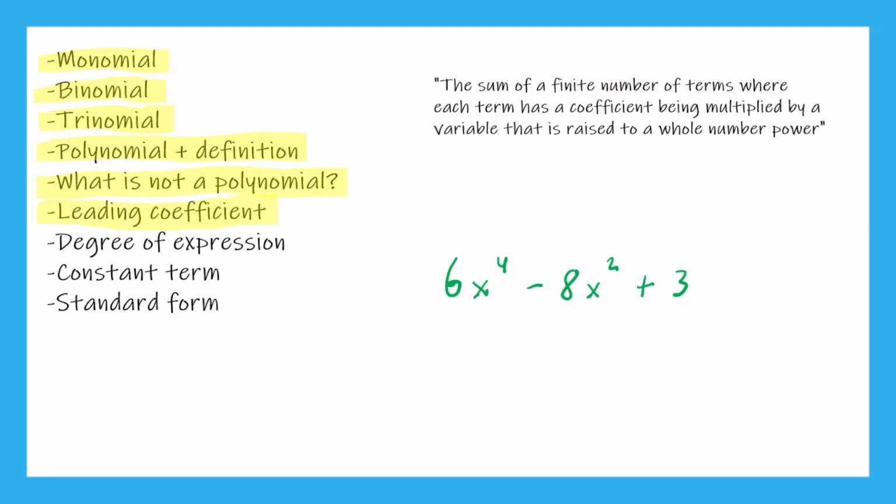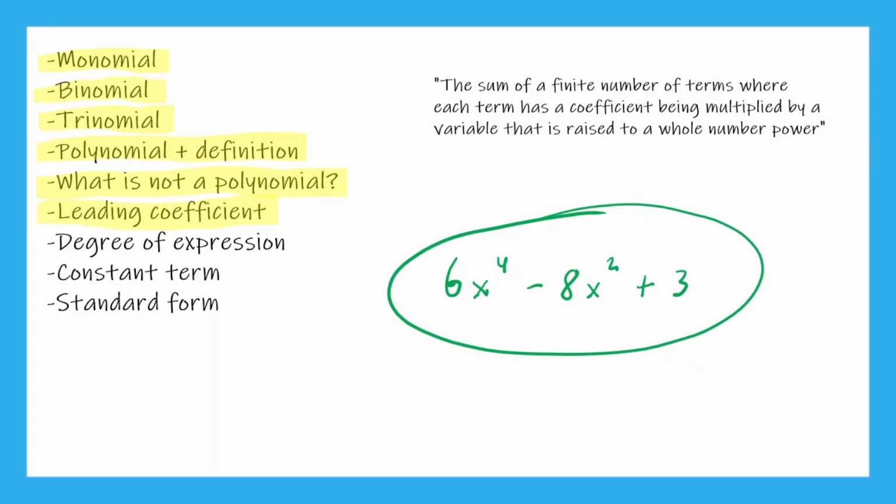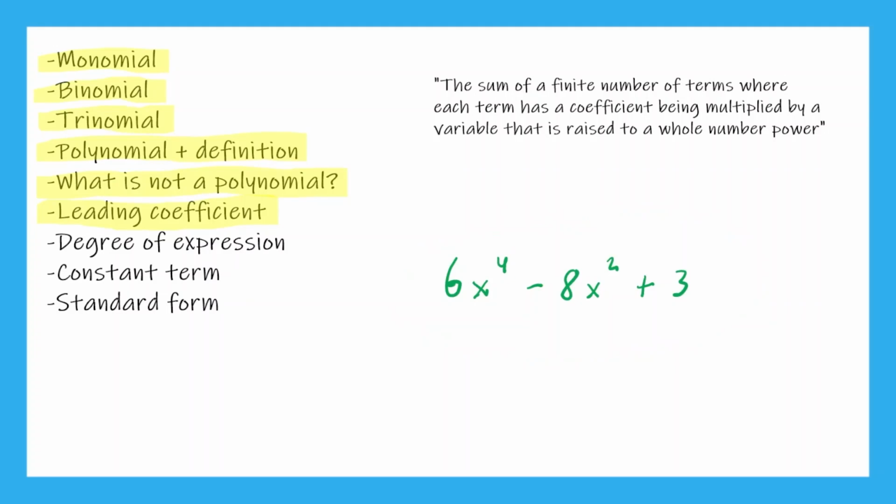And now, what is the degree of this expression? Well, the degree of the expression refers to the biggest exponent in the entire expression. Okay, so what's the biggest exponent here? It's 4, right? So this would be a 4th degree polynomial, or you can say that the polynomial has a degree of 4. Okay, now let me get rid of these exponents and we'll change things up a little bit,